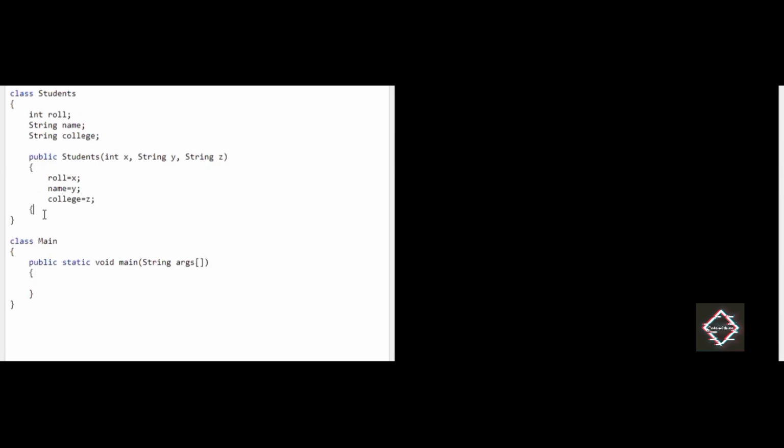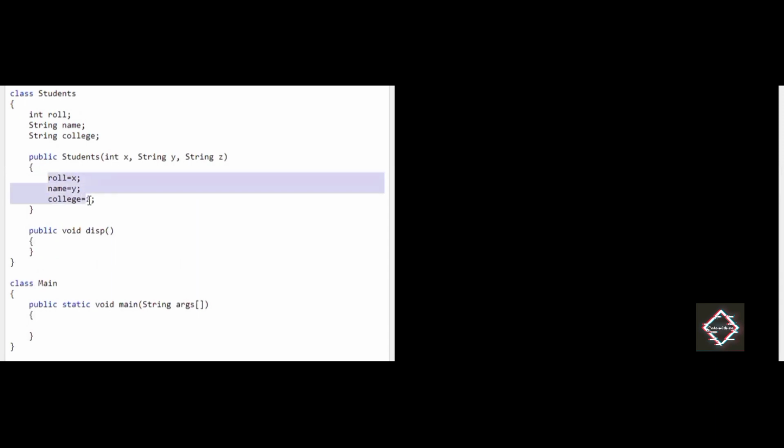After this, I'll try to display this. Void display. In this method I'll display all three variables that I have declared here.